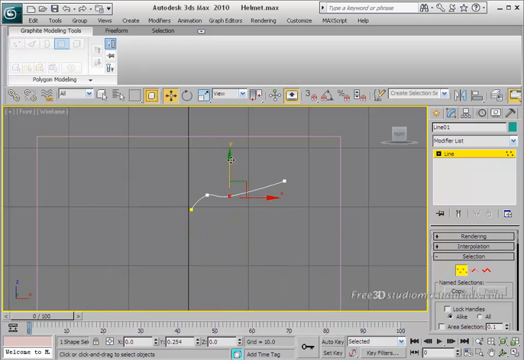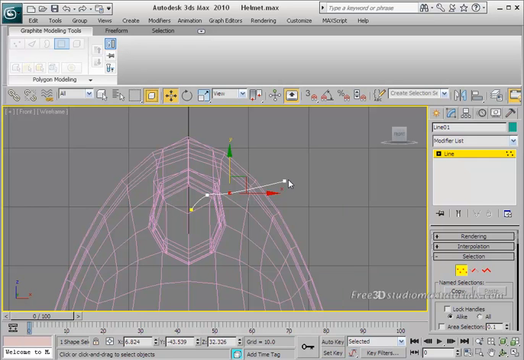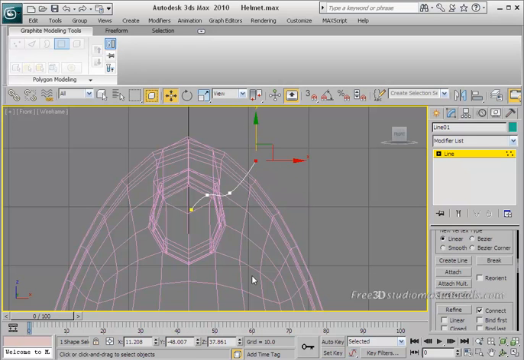Select next vertex. Okay, just bring it like this. Now at that point, we need a vertex here,